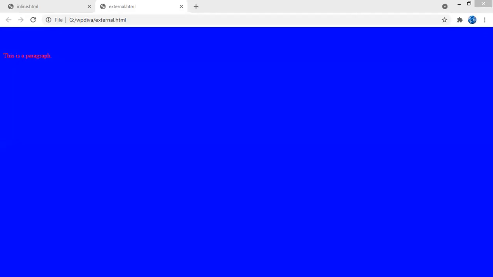By using link rel equals stylesheet, that is common, and then href equals style.css. Okay. So what is the procedure? First, create a style sheet. In that, set the properties and then keep on importing those properties into any file that you need. Are you getting? Okay. So this is all about external CSS, right? This is the second type of CSS.